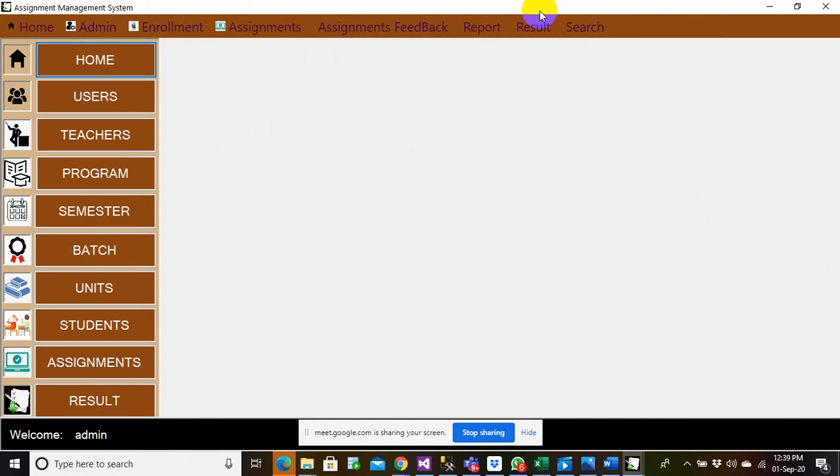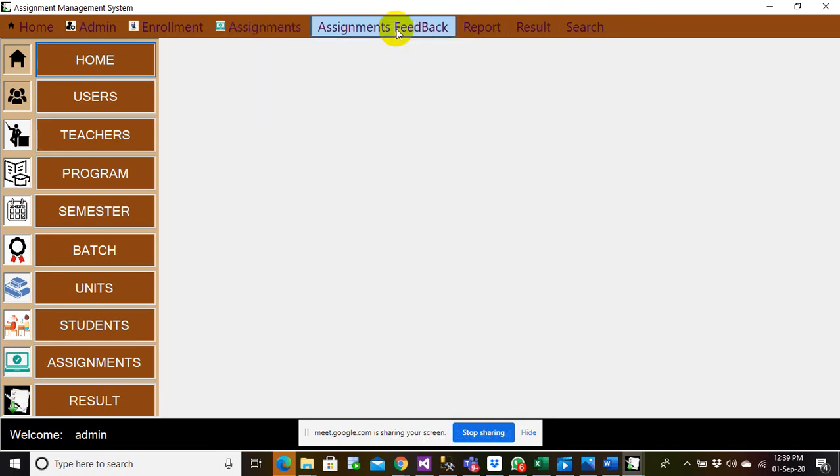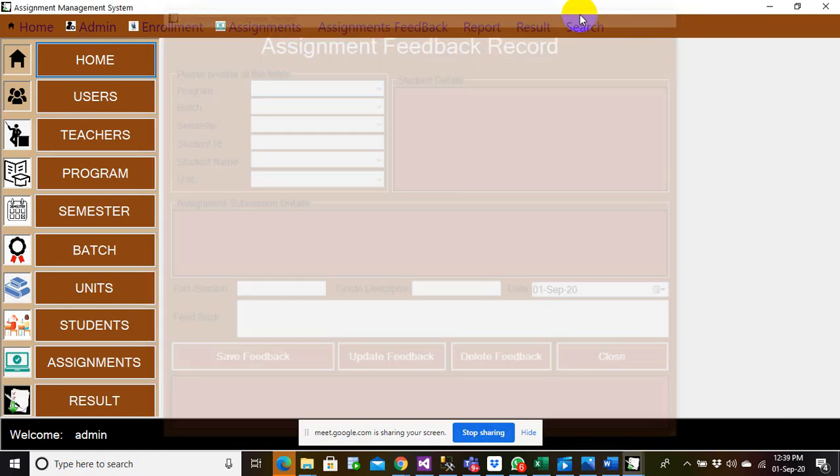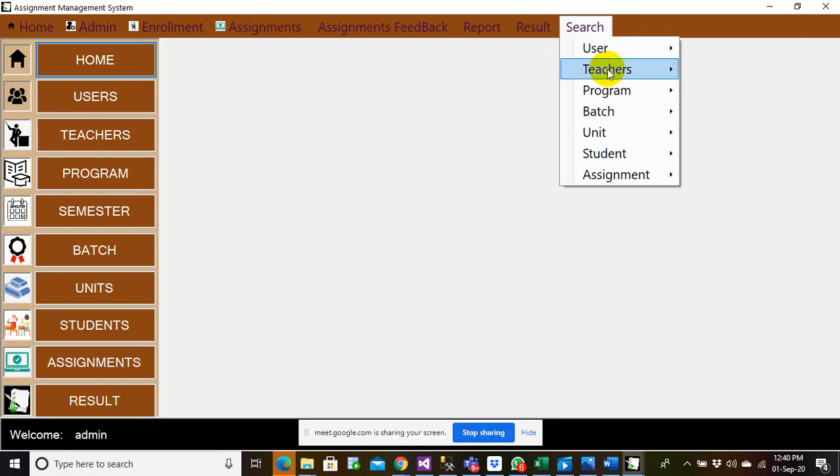Only the report and result will be left, which we can do. This will require one more class, so maybe we'll have one class for each of these, plus one class for the report and one for the result.